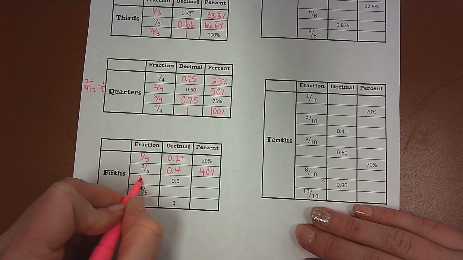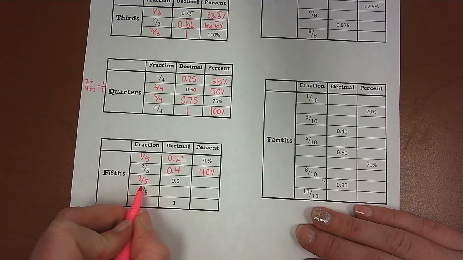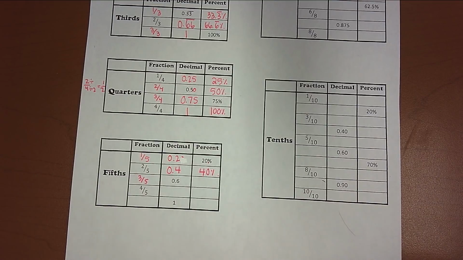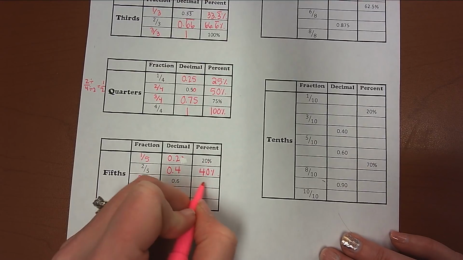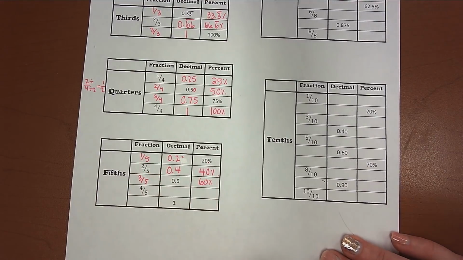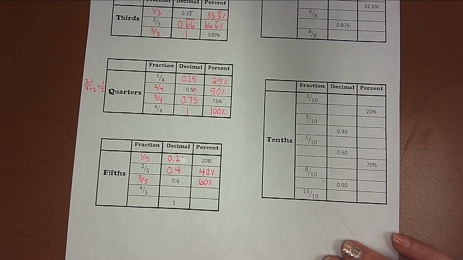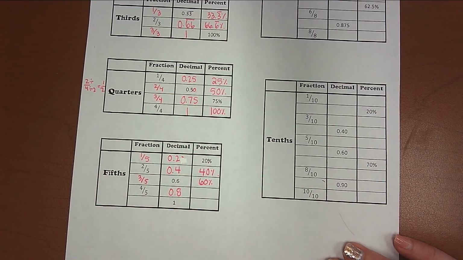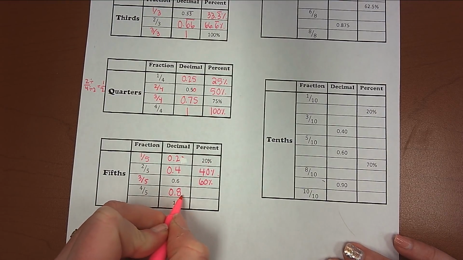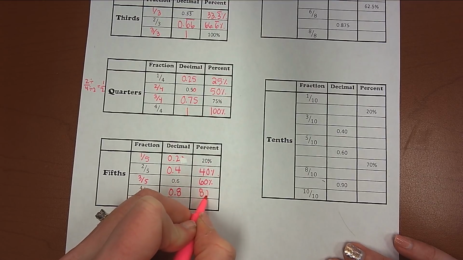1/5, 2/5, 3/5, and 4/5. So 3/5 is equal to the decimal 0 and 6/10. And then my percentage, if I move the decimal 2 places to the right, I would get 60% as my percentage. 4/5 is equal to the decimal 0 and 8/10. And if I take that decimal and move it 2 places to the right, I get 80%,